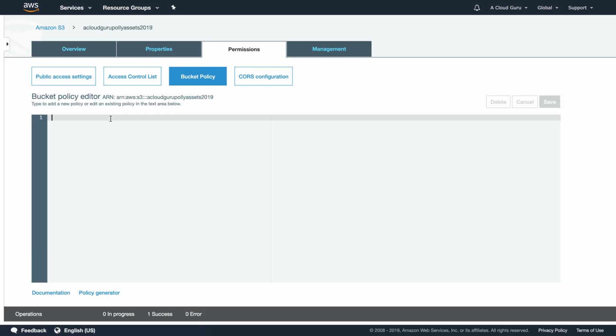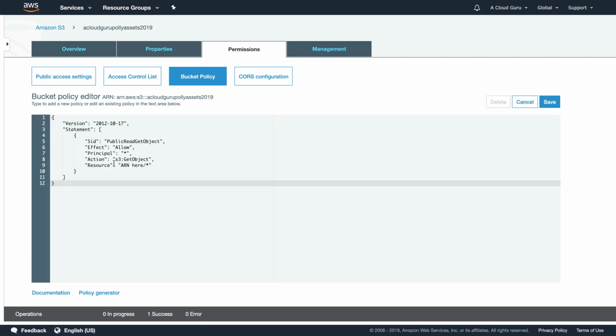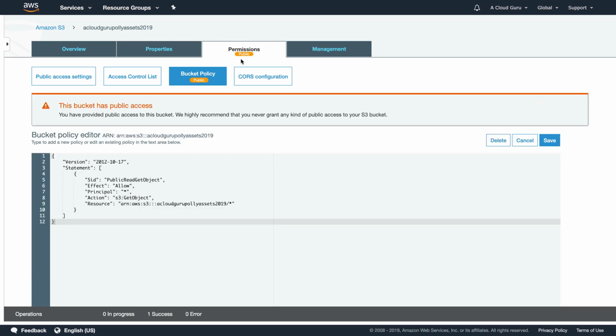And then we're going to paste it in here. And then we're just going to change the resource ARN. And we're going to grab our ARN from here. So just copy that into your clipboard and then go over to here and paste it in. And go ahead and hit save. Straight away, you'll be able to see that the UI has changed, saying, hey, everything in this bucket is now